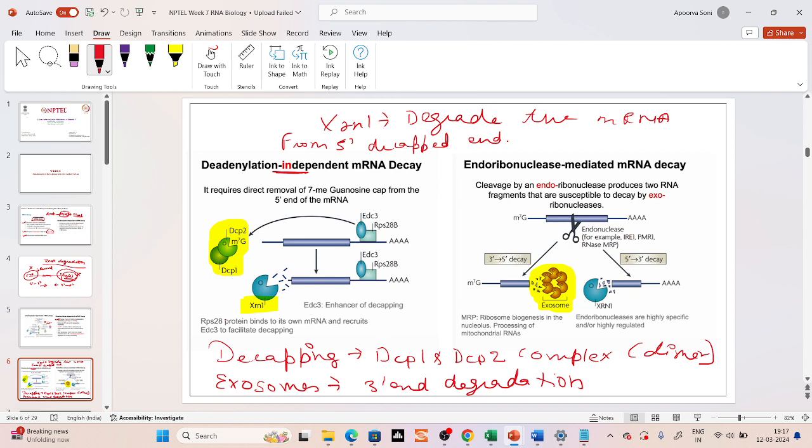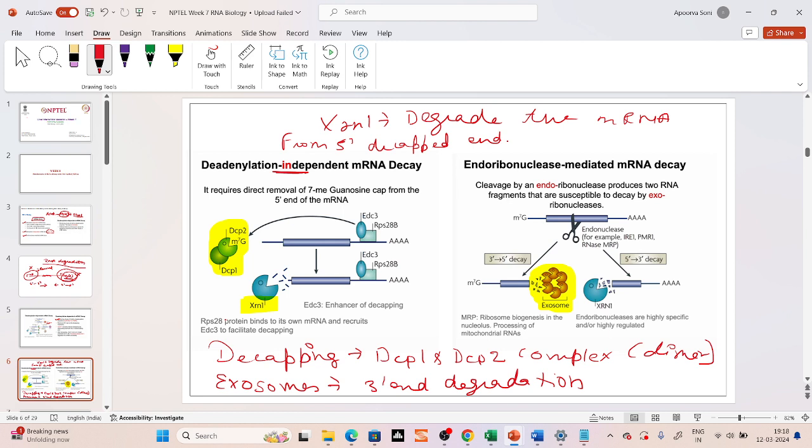Okay, now you see what happens, that deadenylation independent is not dependent on the removal of the poly A tail. So it requires direct removal of the 7 methyl guanosine cap from the mRNA. So there is a protein which is known as RPS28B. This RPS28B comes and it binds here near the poly A tail. Now, when this RPS28B comes, another